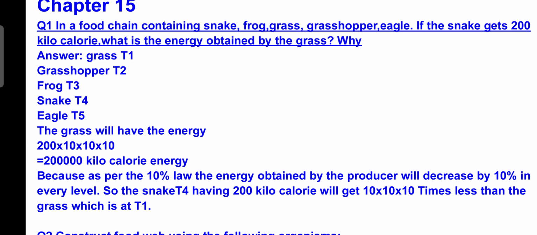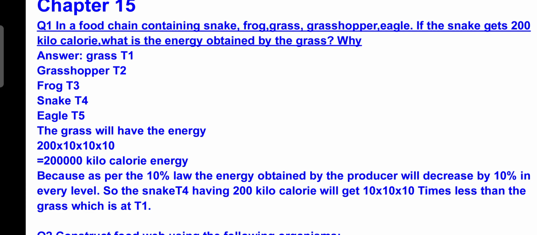To confuse the students, these kinds of questions will be asked. The question is very easy. You have to arrange the organisms first. Grass becomes T1, grasshopper which eats the grass is T2, frog is T3, snake is T4, and eagle is T5. As the question is 200 kilocalorie for the snake, the frog will be getting 2000, grasshopper will be getting 20,000,